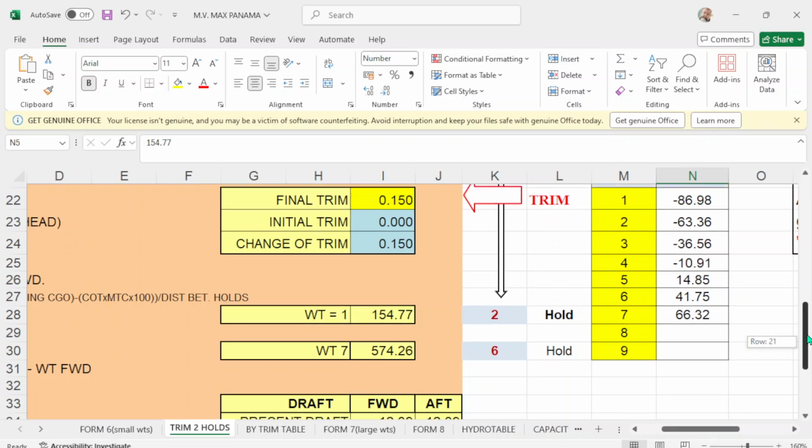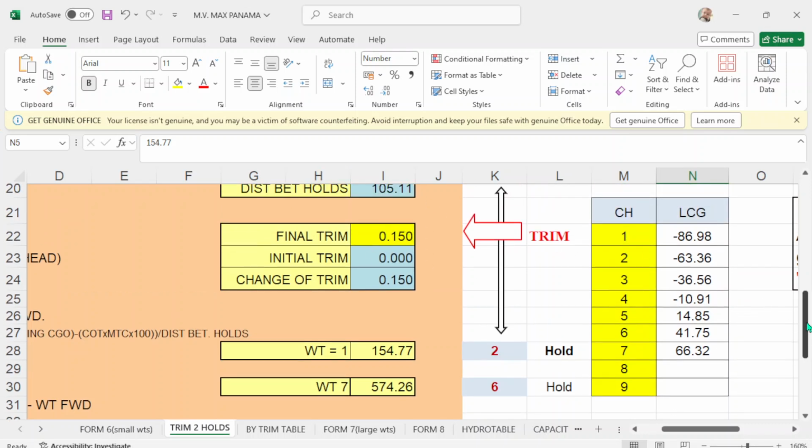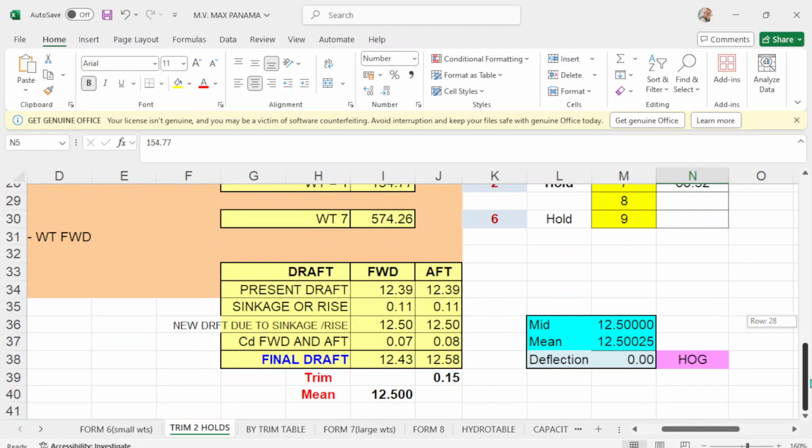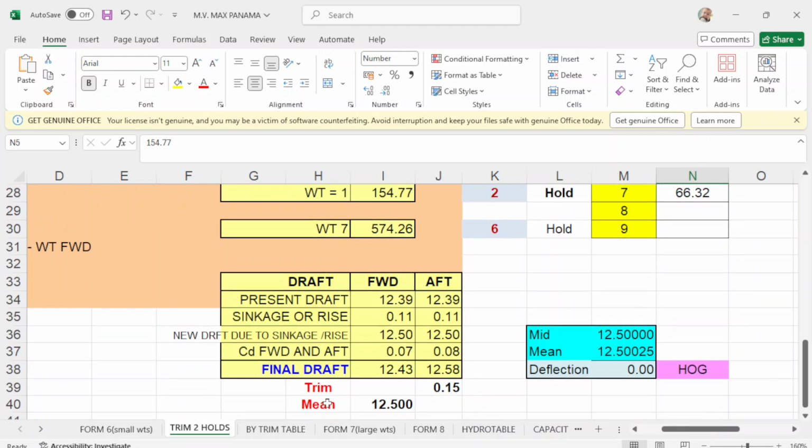There you are. And your draft, you have a trim of 15 centimeters, and your mean draft is 12.5. Your mid is 12.5, your main is 12.5, you have a zero deflection.